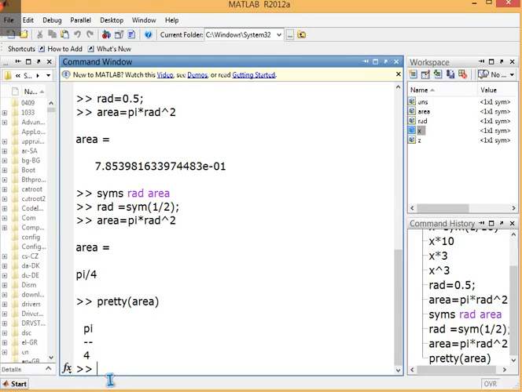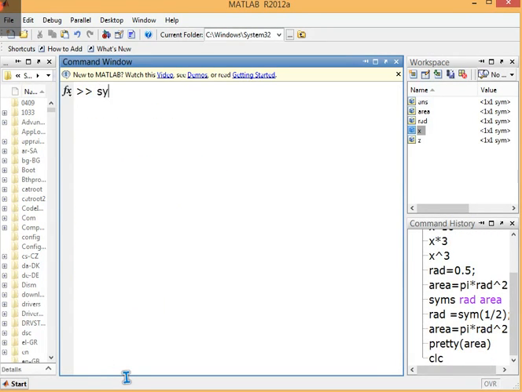Now how to compute in actual equation form, which you do while you are calculating on your copy. For that, let me clear it first. Let's have a variable with syms, say y.